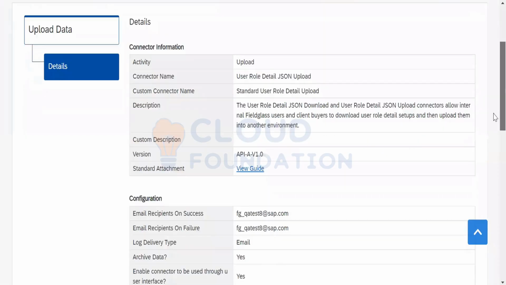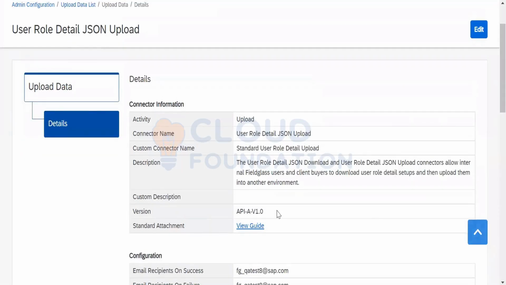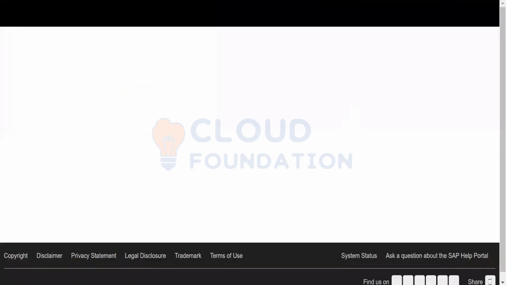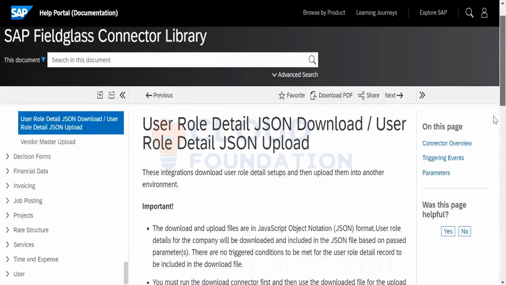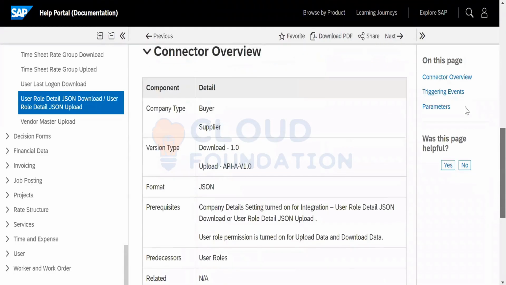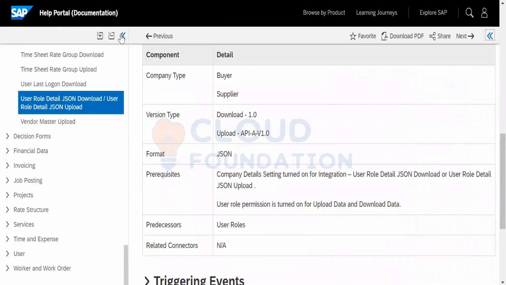The standard configurations will remain the same across companies, whereas there are custom configurations that will be done on their own. It's taking a lot of time. Let's take it out of order. There you go. This is the guide for me, which will make me understand how to use this connector.